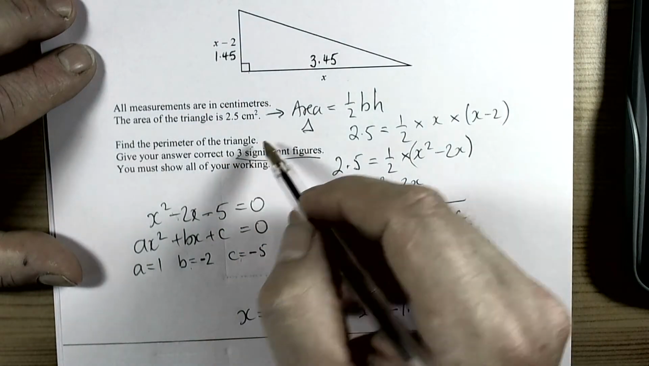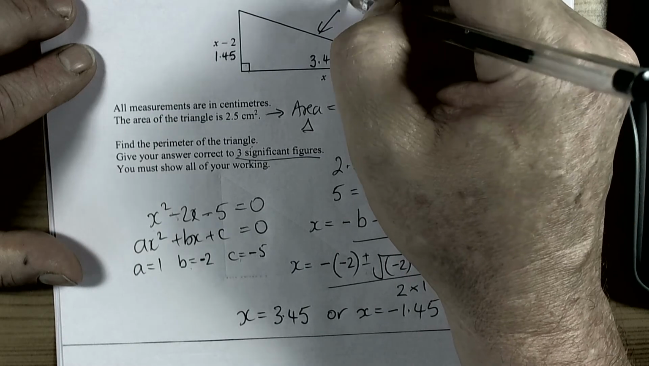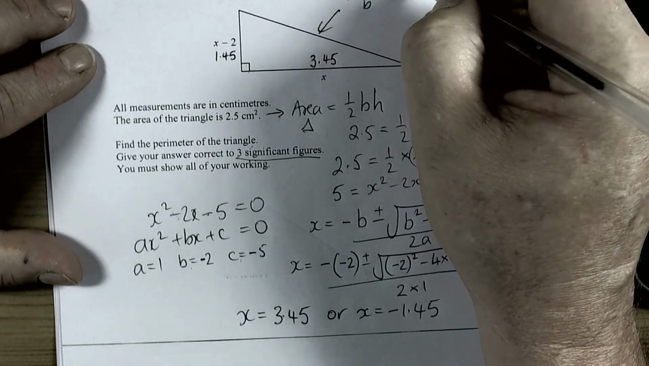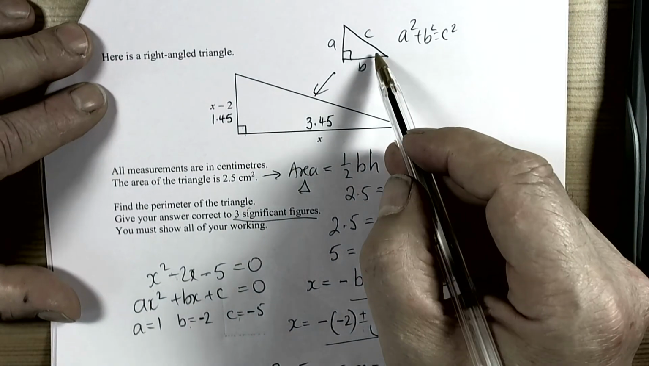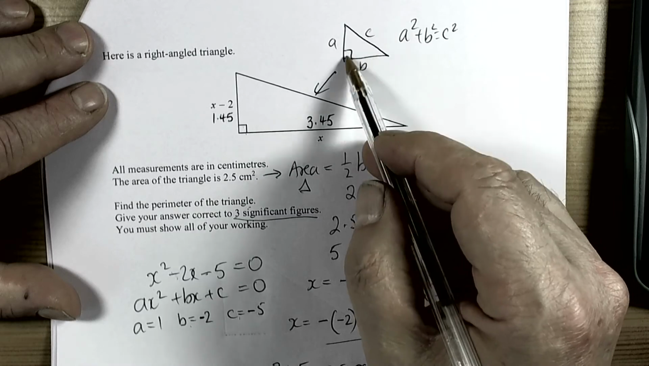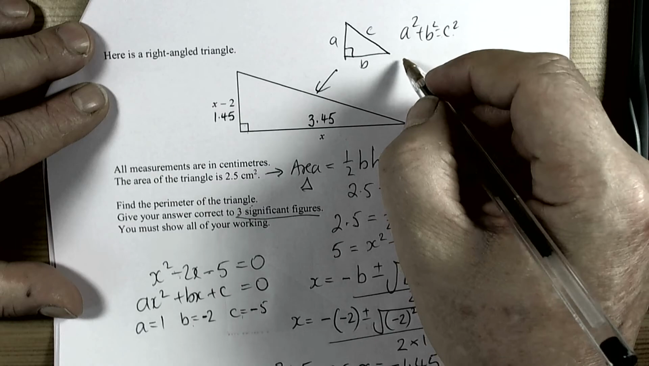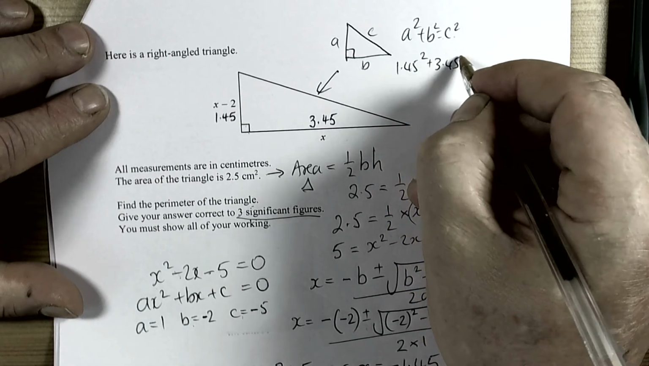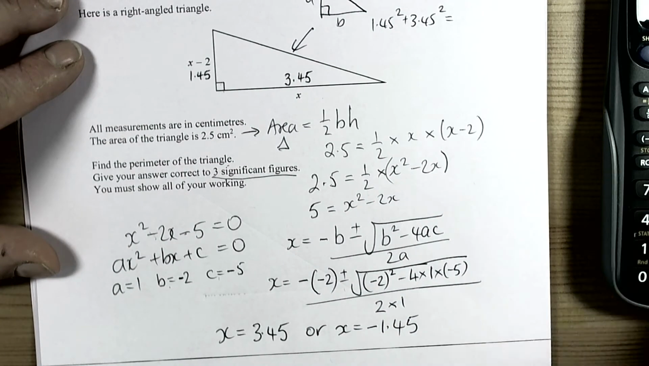Now it wants the perimeter, so that means we've got to work out this. It's a right angle triangle, so it's going to be Pythagoras. And we need to remember about Pythagoras that the hypotenuse is always the longest side, and that's where c squared has to be on the right hand side of the Pythagoras rule. So we end up with 1.45 squared plus 3.45 squared equals,